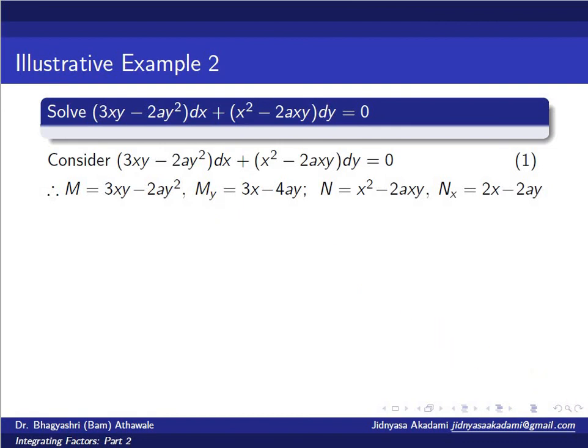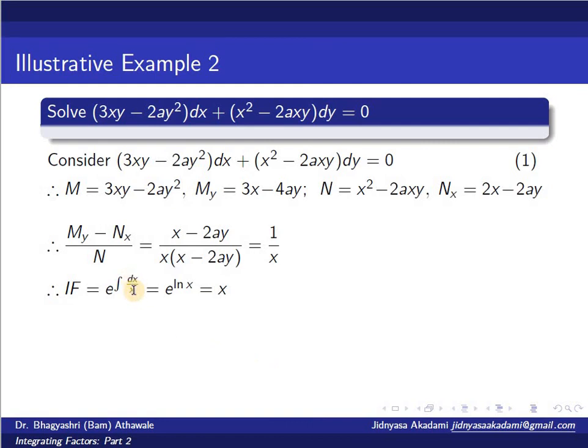Since we are dividing by n, our first term at the numerator should be my. So it is my minus nx divided by n. The difference is x minus 2ay divided by x into bracket x minus 2ay. So it is 1 by x, which is a function of x. And so e raised to integration 1 by x dx, which is e raised to ln x, which is x,